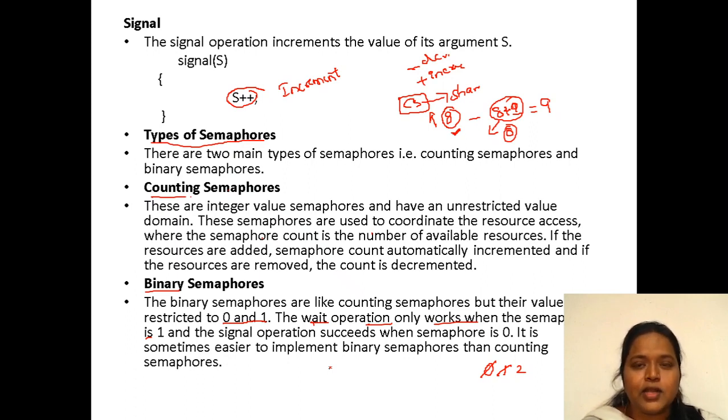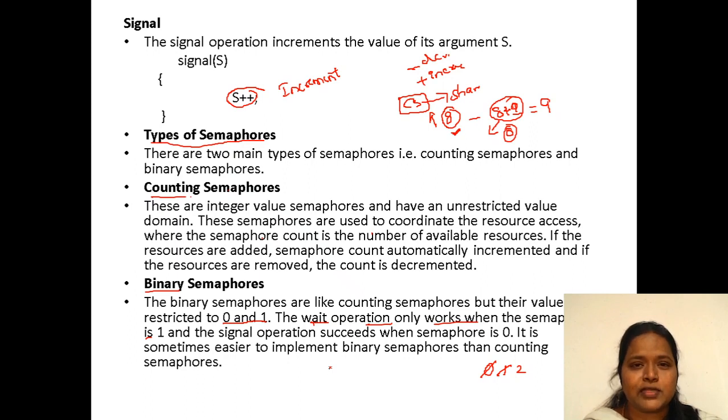our process synchronization, right? So how are we going to achieve it? By making use of semaphores, either a binary semaphore or a counting semaphore. Through the counting semaphore, we keep a count of how many resources are there. If any particular process came and used that resource, the count is changed accordingly. If a process is removed, it is going to be decremented. So that is the counting semaphore.